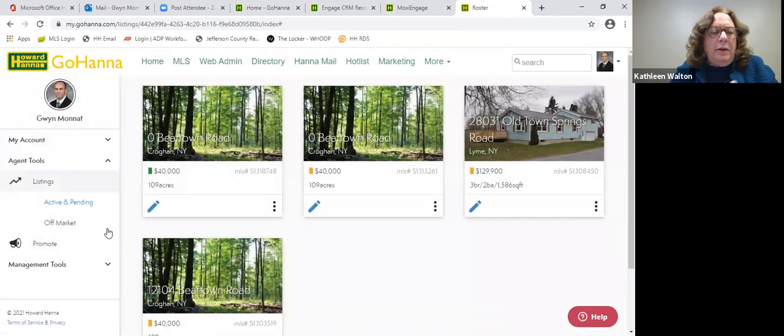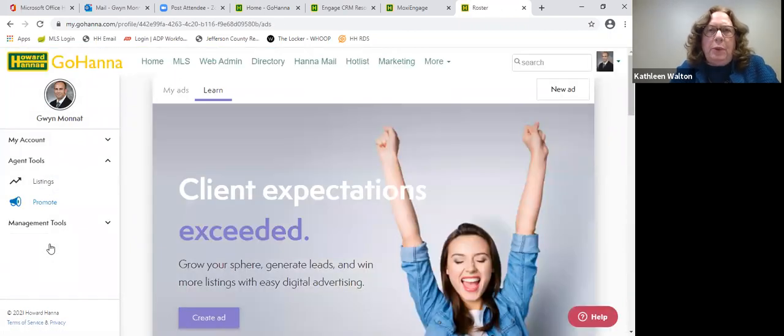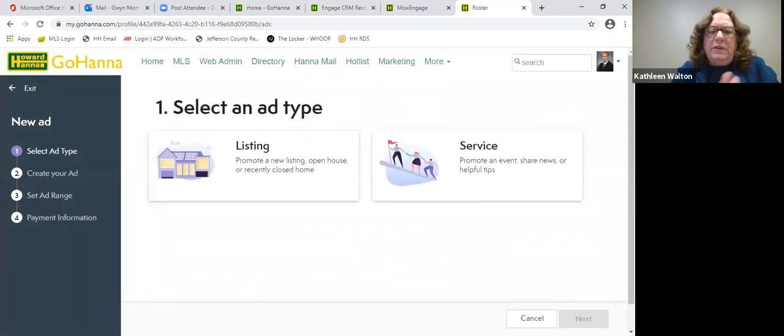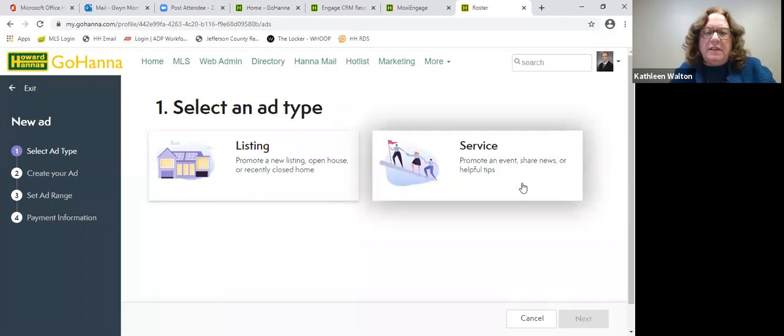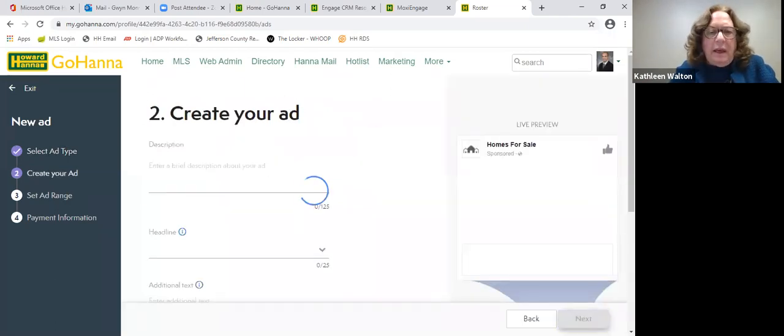Go on back and go on down to promote. Now, like I said, that advertisement that we see every single time we open up the dashboard and it says promote your services, this is the screen it brings you to. So it's bringing people here to say, what do you want to advertise, a listing or a service? So I would click on service, since we already know what the listing does. And it's pretty much the exact same thing. You can create a description for what you want to do. You could say you're the hometown expert,